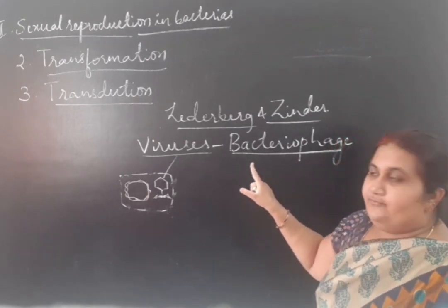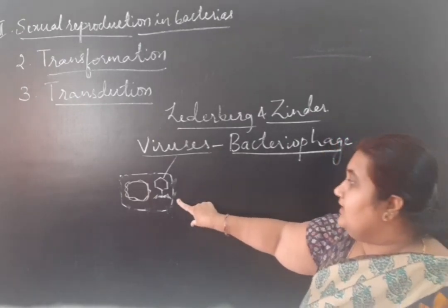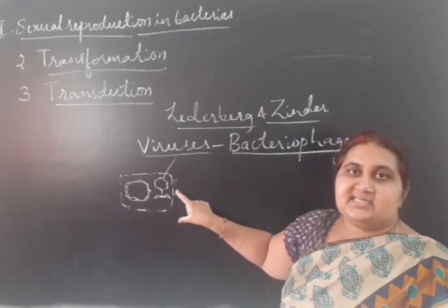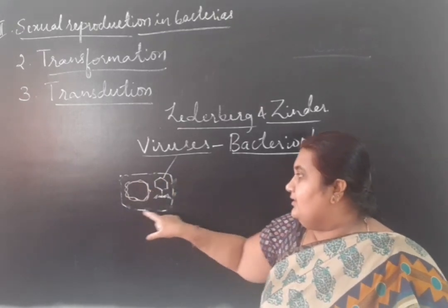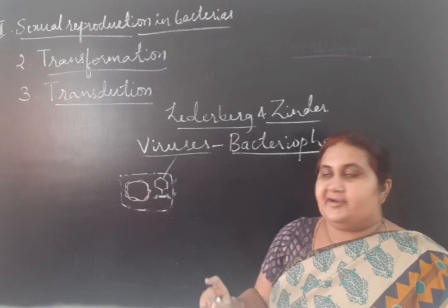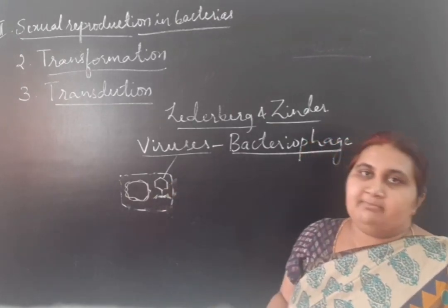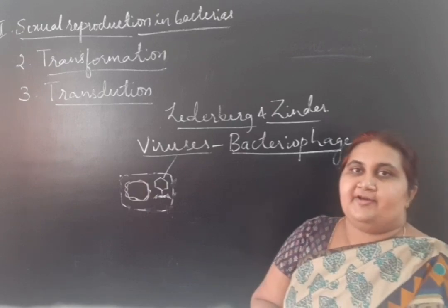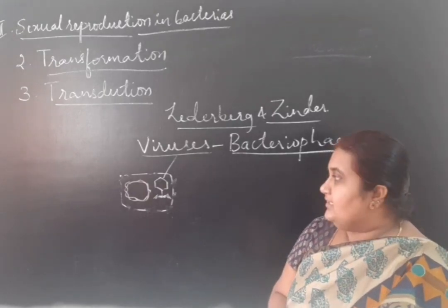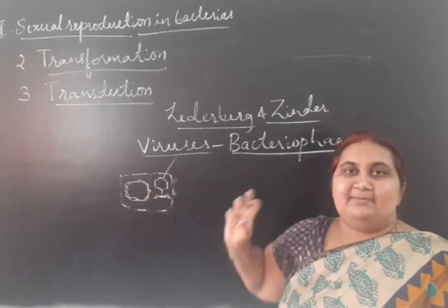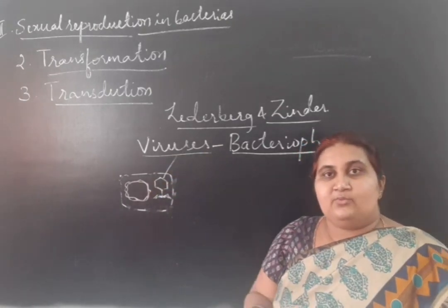The bacteriophage will first attack the bacterium. Okay, so now when it attacks, the bacterium will slowly be destroyed, disintegrated, but its genetic material will be taken up by the virus, and that virus